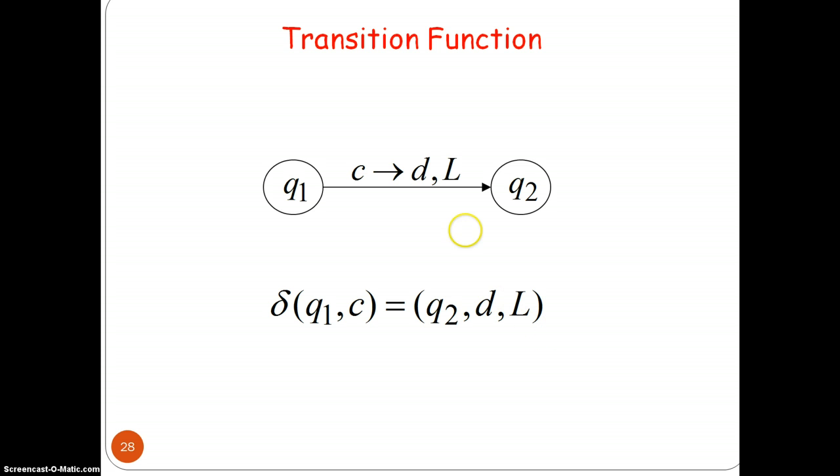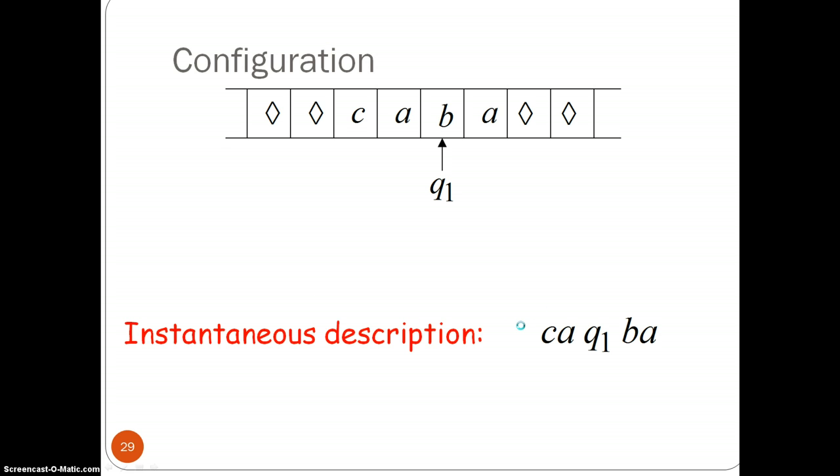The same way, we are reading C at the place of Q1 and moving the state to Q2, reading and writing the symbol D at that place, and moving the read write head to the left. This is now the third representation of our Turing machine. First is by using a transition table, second by using a transition diagram, and third by using ID, that is, instantaneous description, which shows how our Turing machine is working.